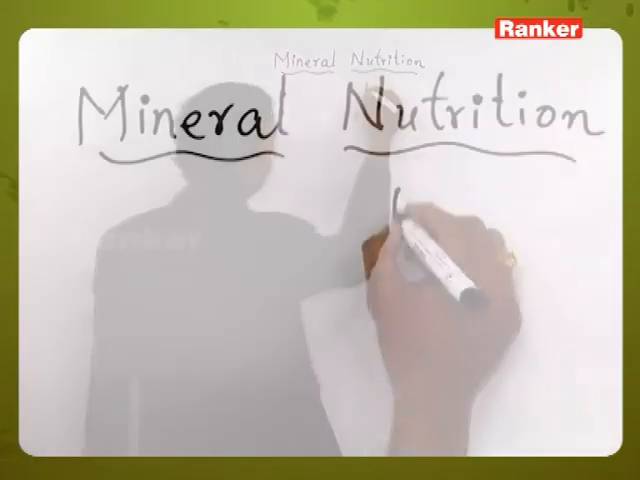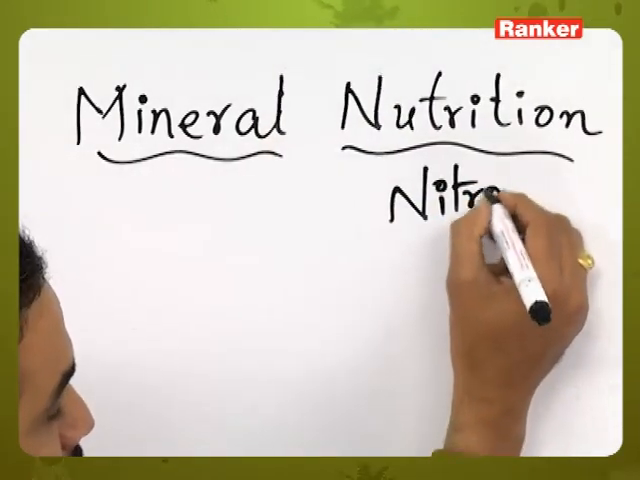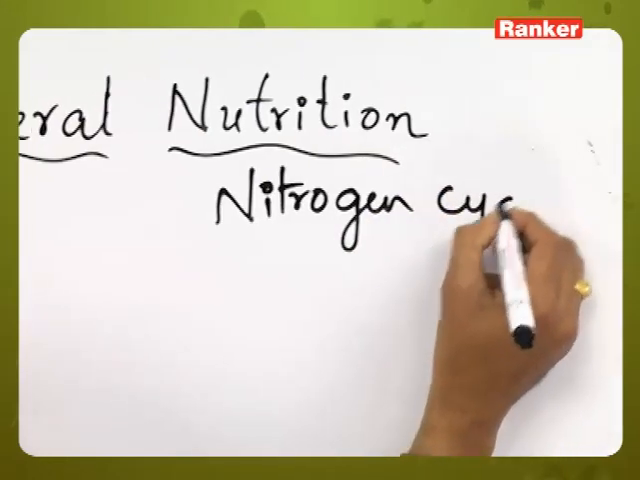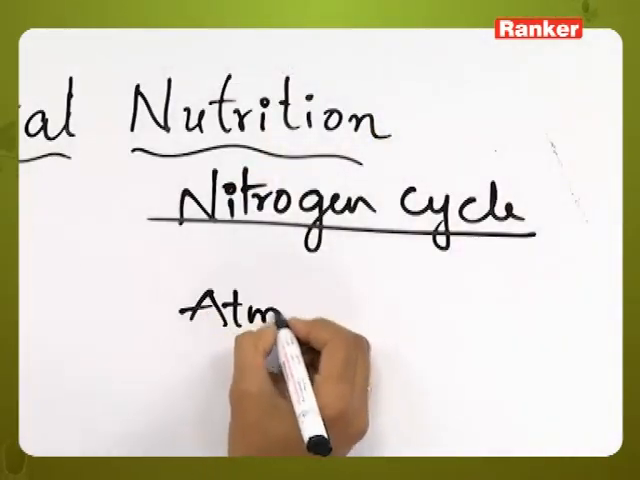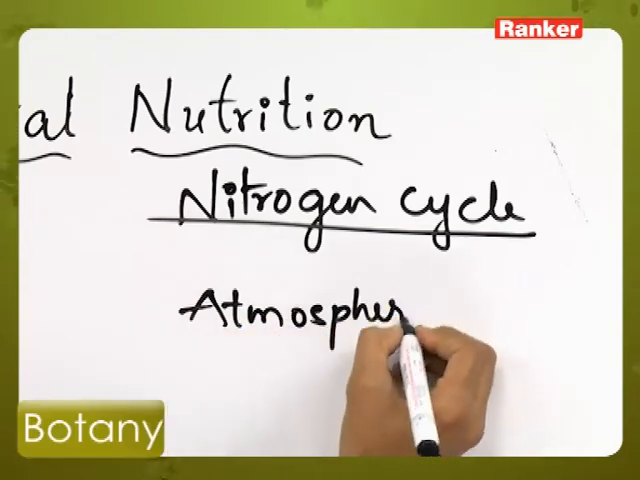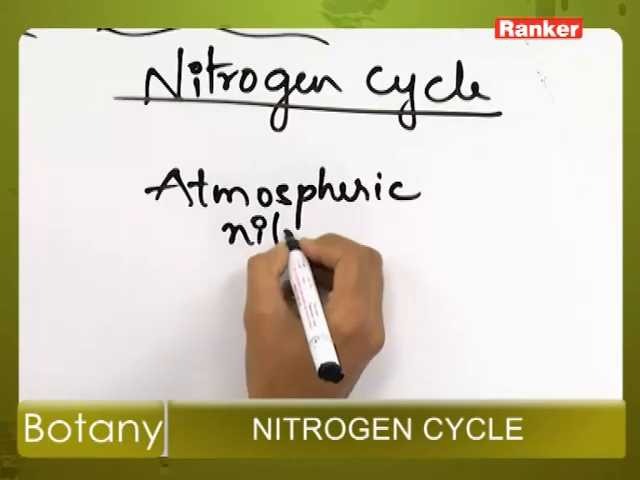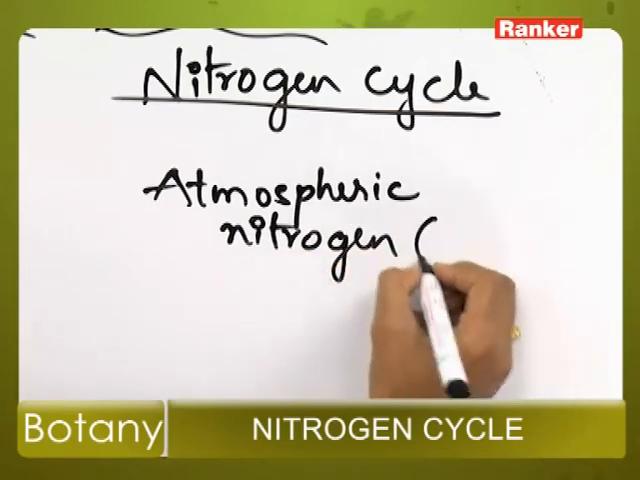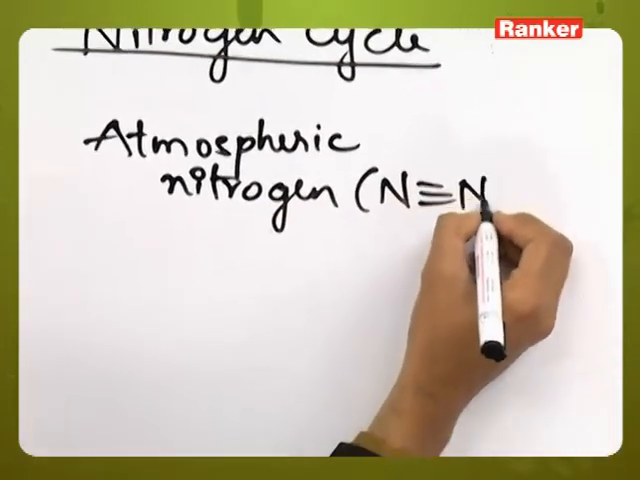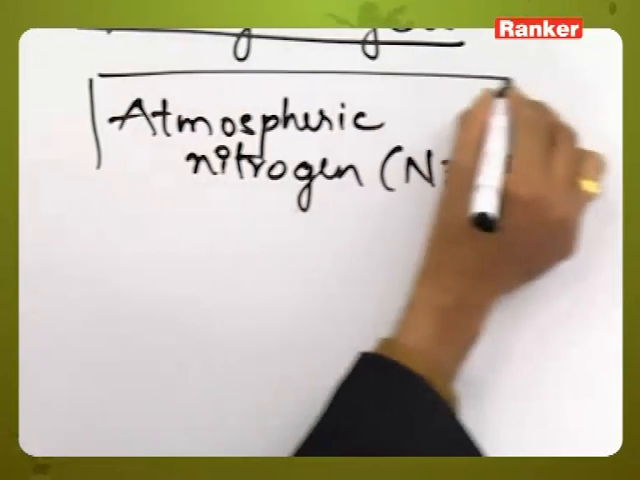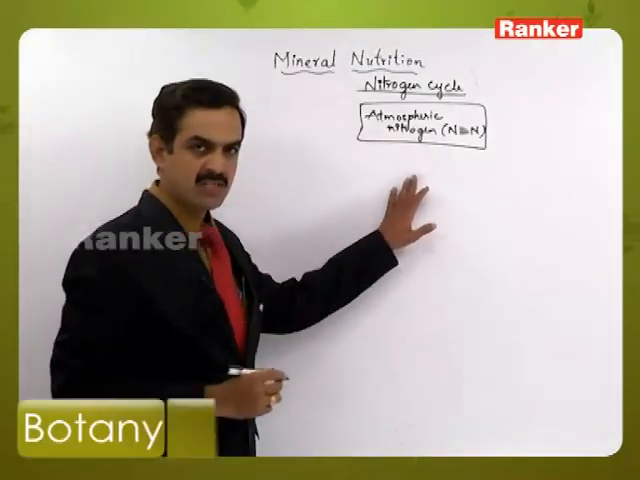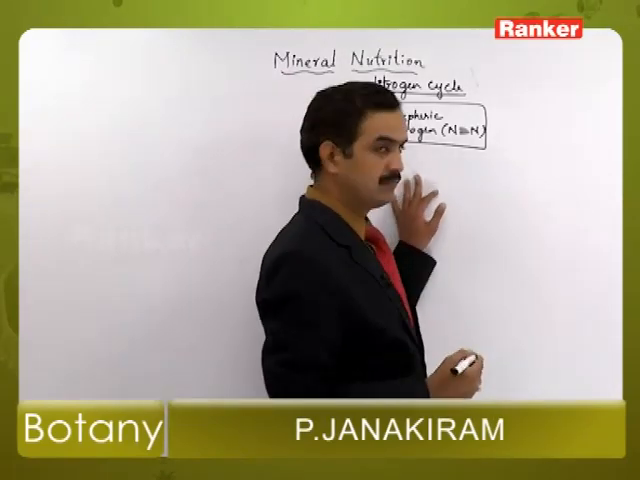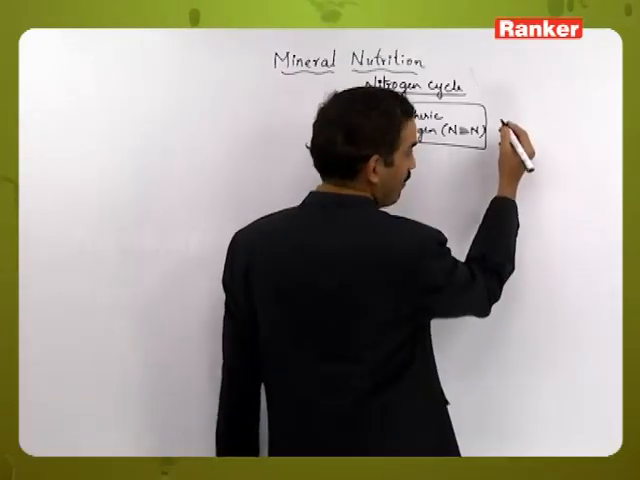So the nitrogen cycle here is starting with the atmospheric nitrogen, that is N triple bond N. This atmospheric nitrogen, which is in the atmosphere about 78%, will first undergo nitrogen fixation either by physical